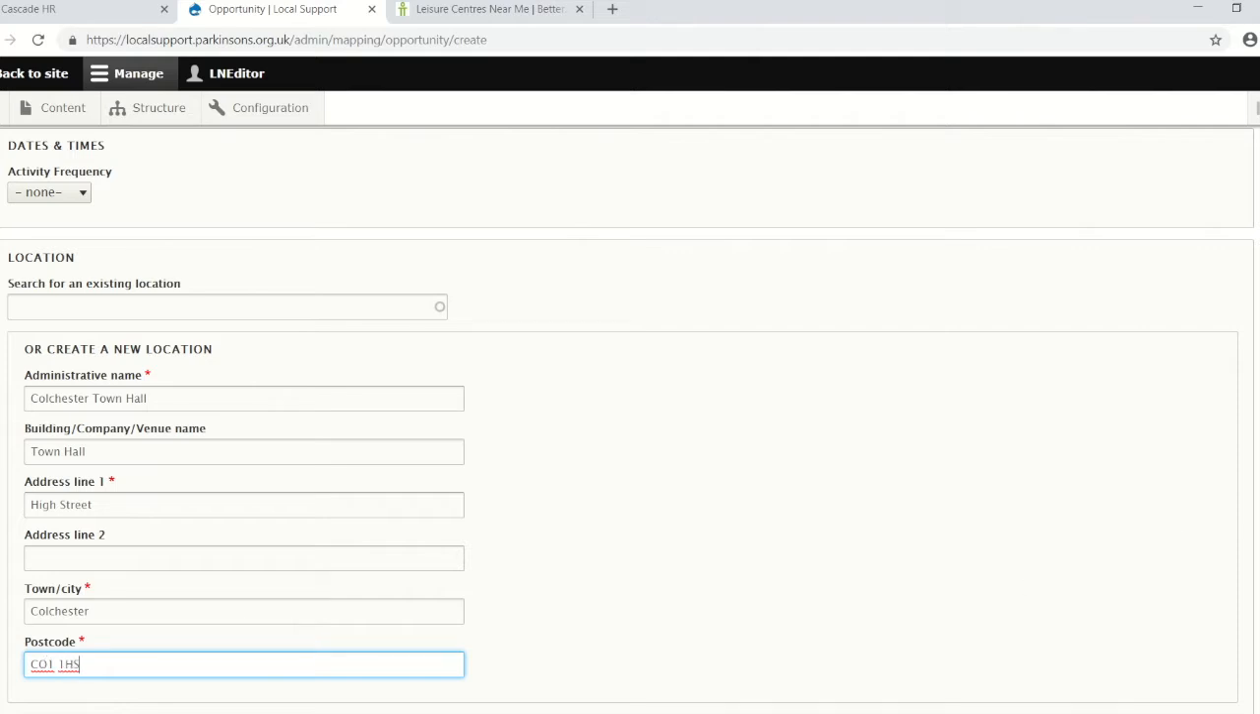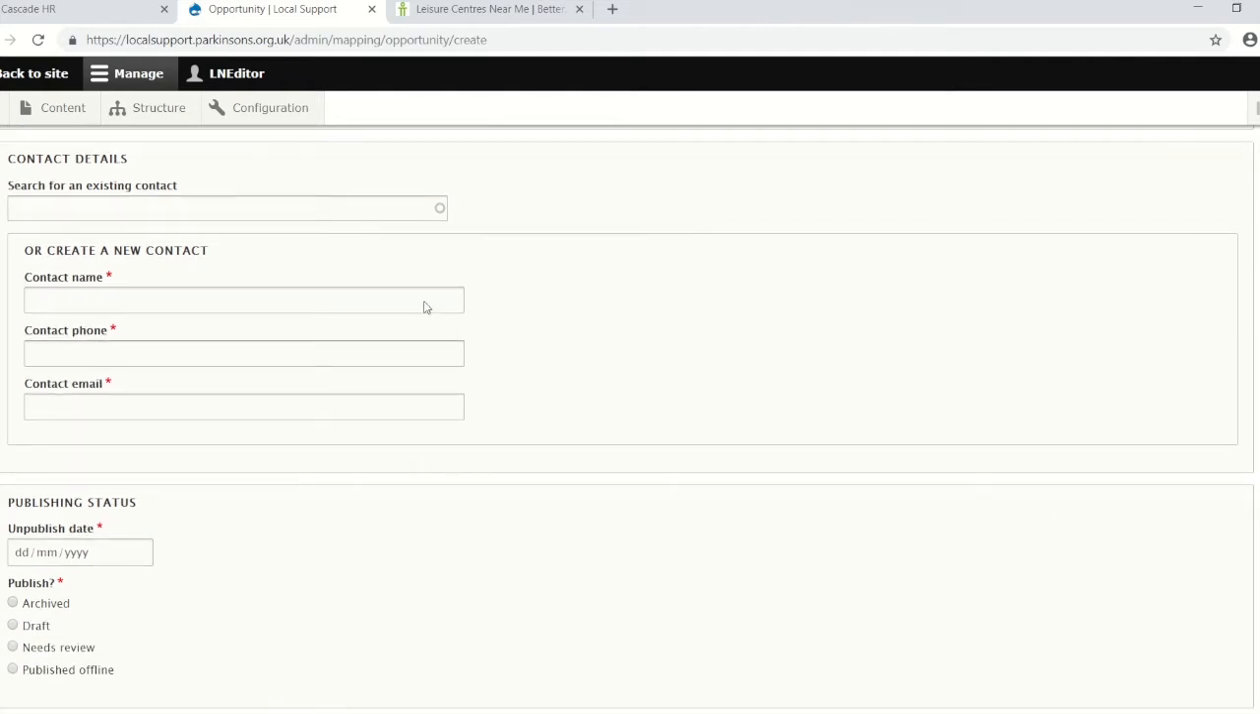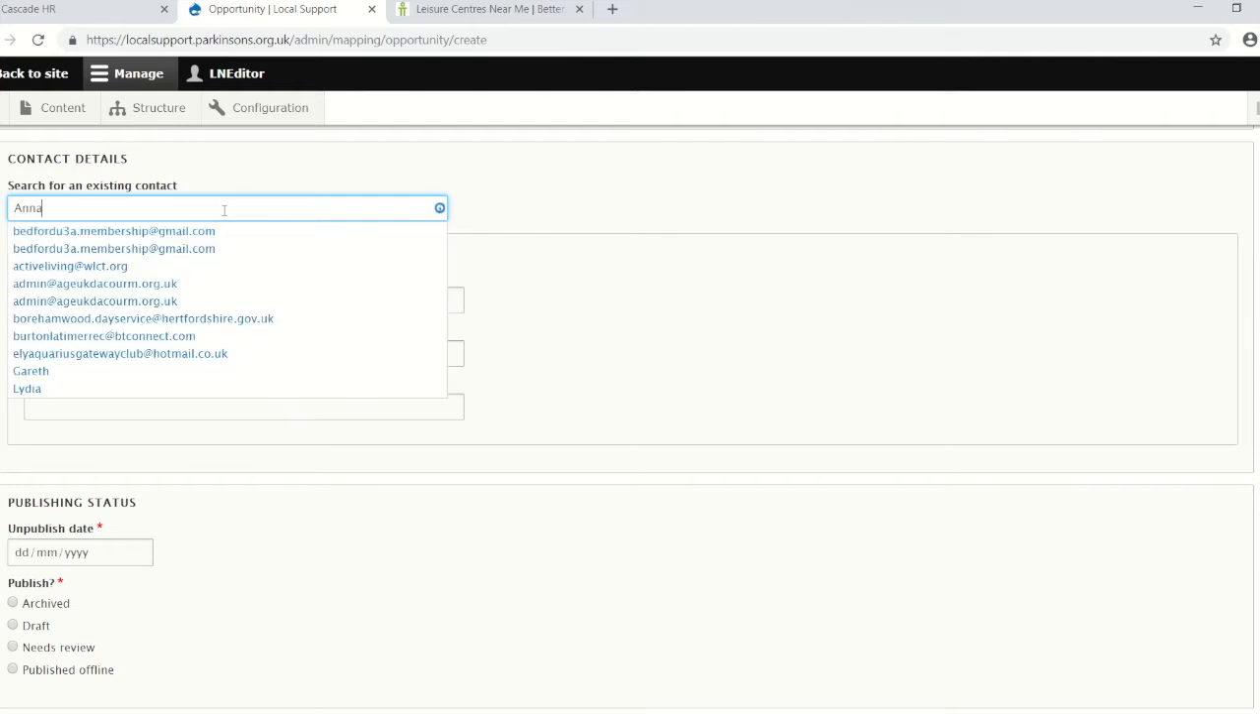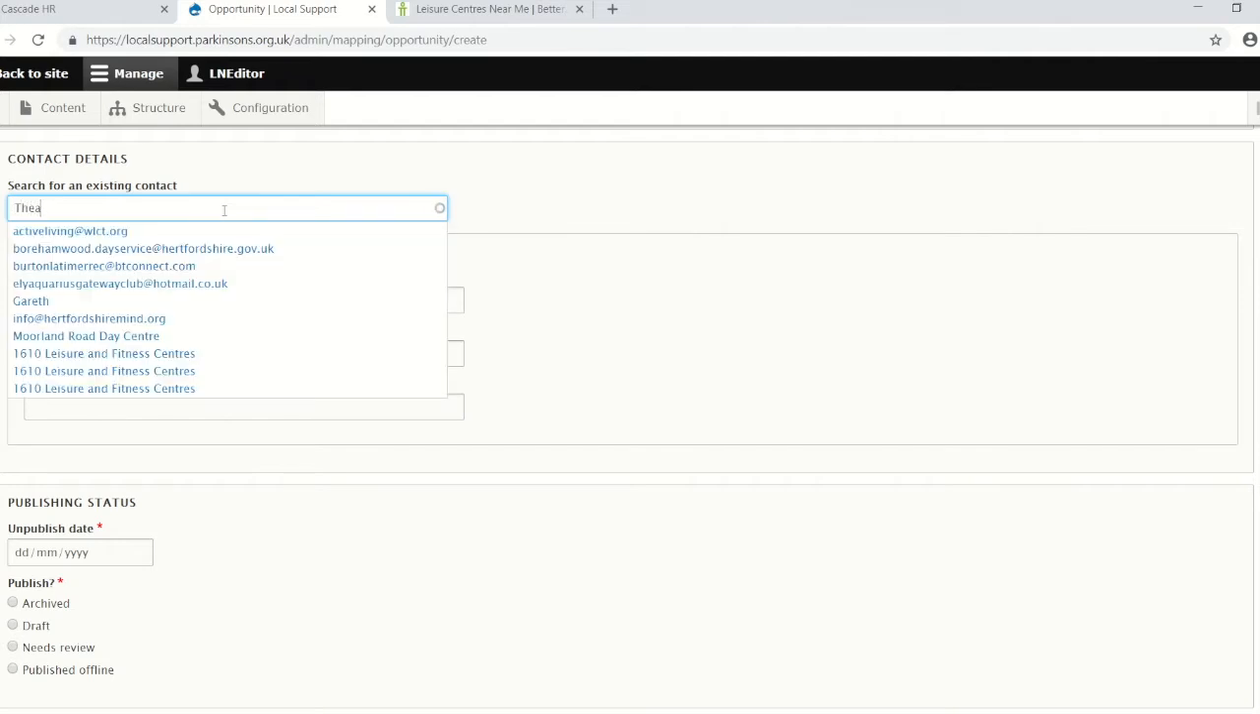Now, contact details. Who can people get in touch with about this activity? The system saves all contact details, so you'll be able to select from existing contacts, just like before. Start typing the name of the contact and a list will appear for you to select from. Once you have selected the contact, remember to click outside or away from the box to display the details of